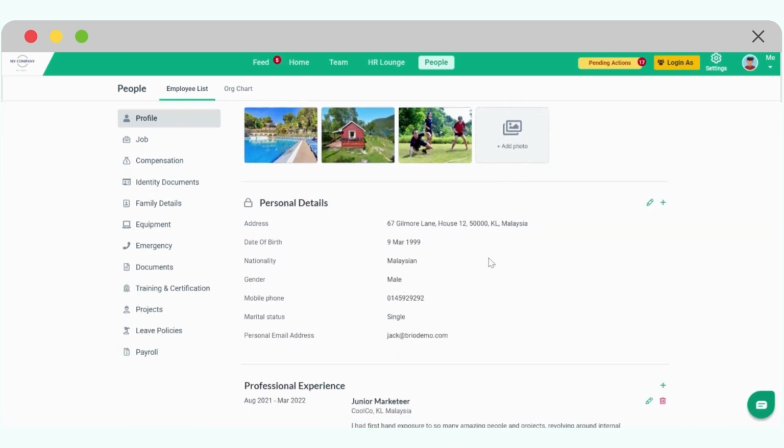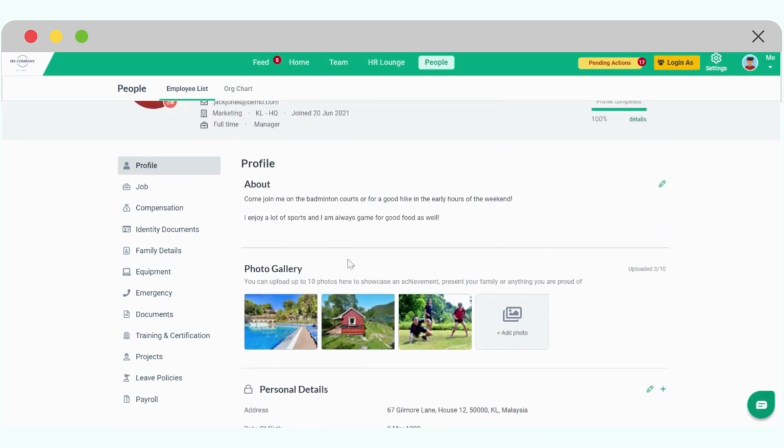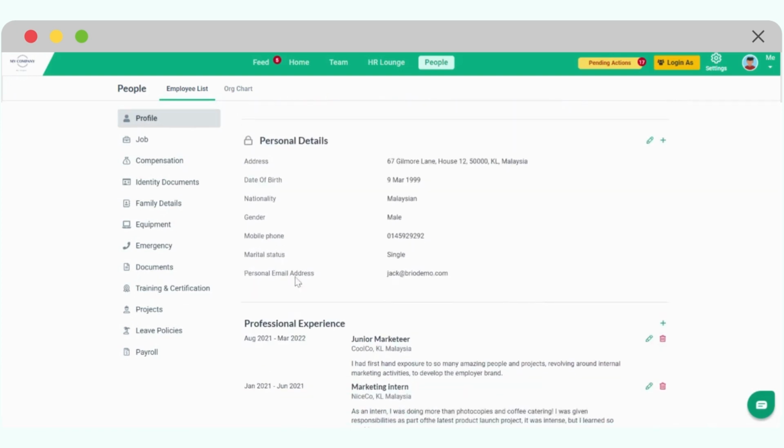Below, personal details. For example, your address, date of birth, nationality, gender. Now, a very key piece of information. Although the About Me section, if you use it, will be made public across the company, that's the idea, personal details is a very different story. Personal details are extremely confidential and only a limited number of people will have access to it. You can see this little lock here, which indicates that this private information is only visible to you because it's your profile and to the authorized HR personnel.